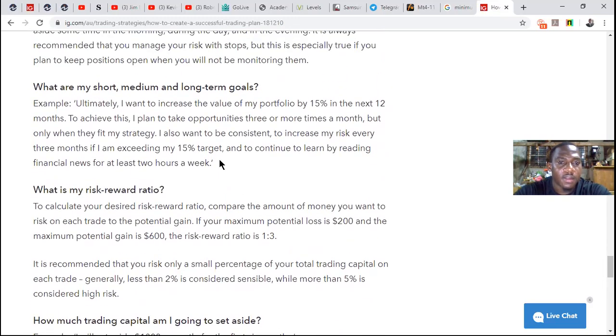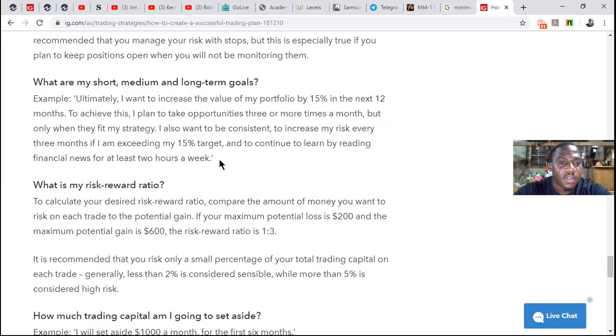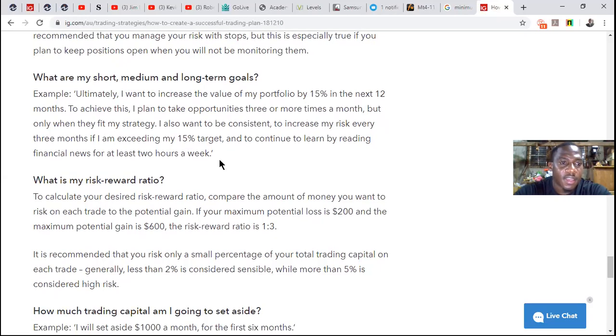Okay, very important. Always put a stop loss. Market could crash any time of the day, right? A lot of these stocks and stuff reaching peak highs. Okay, so people have been talking about stock market crashes since last year. All this year, people have been talking about the stock market being due a crash and a recession coming and that kind of thing. So don't be surprised if you come back and see your account blown